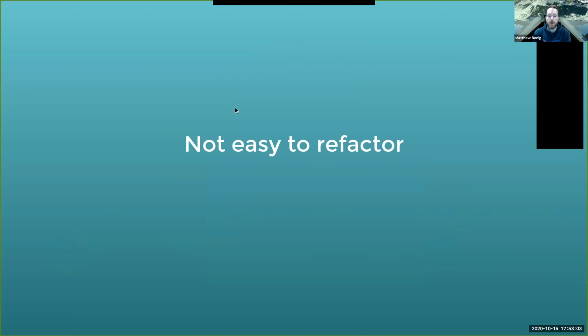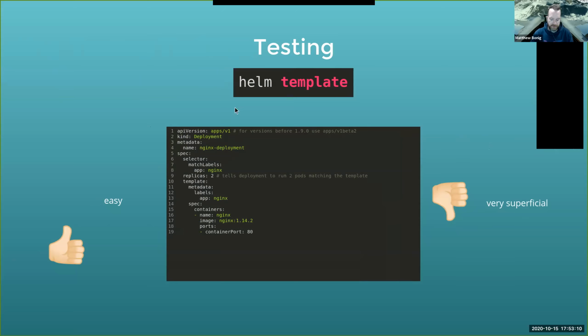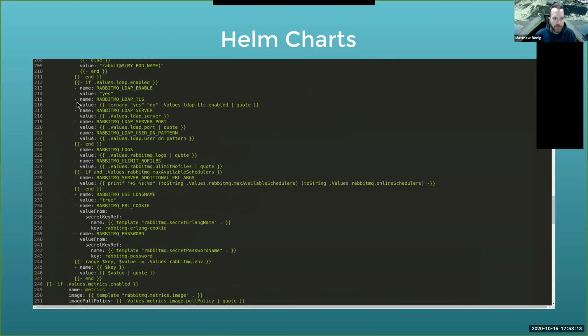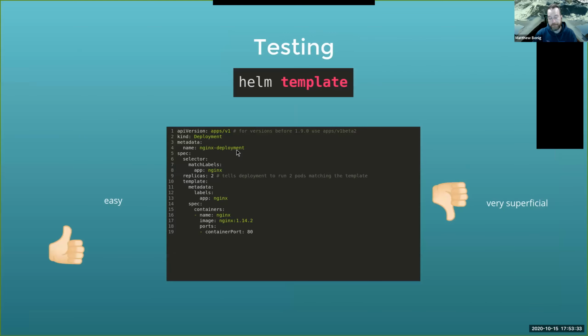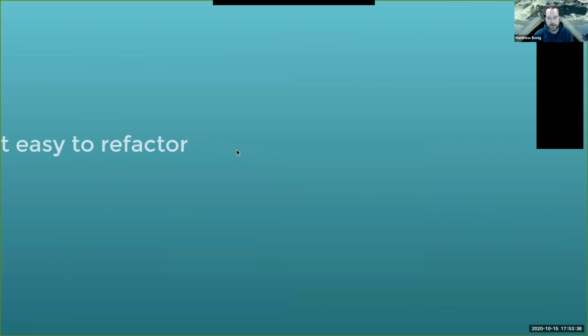All right. So the other big detractor is you can't really refactor them. If we go back to our RabbitMQ, there might be a section of variables in here that you're going to want to drop in across a couple of different Helm charts. There's no real good, easy way of distributing these things in the same way that we like to refactor our code and create abstractions. Those things technically exist in Helm, but I've never seen anyone actually use them. So that's probably a good sign right there that they don't work too great.